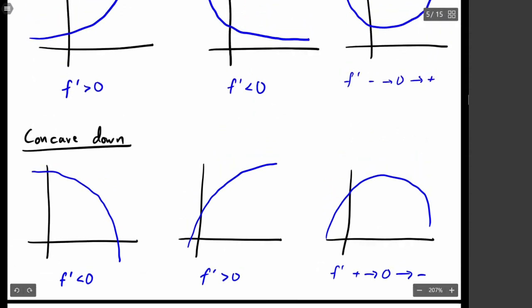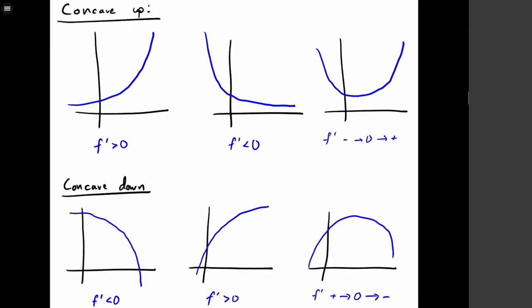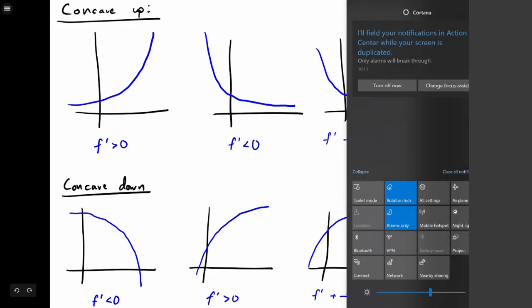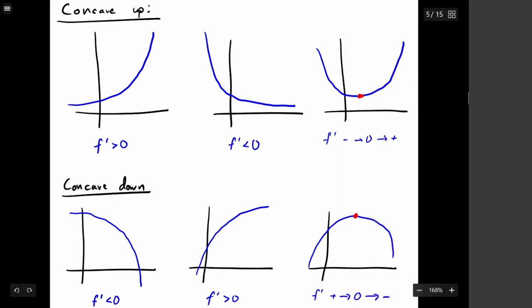And why are we talking about concavity here? Well, I really want you to focus on these last two examples. What do we have here and here in these examples? Here, this looks like a local minimum. Here, this looks like a local maximum. The one big thing we need to think about when it comes to concavity is, well, how